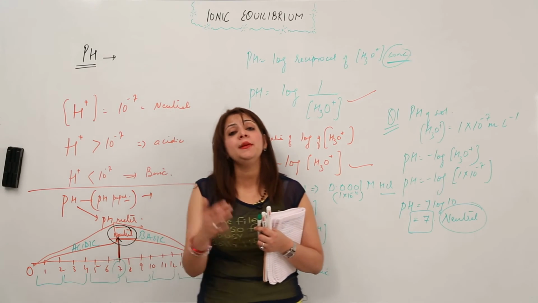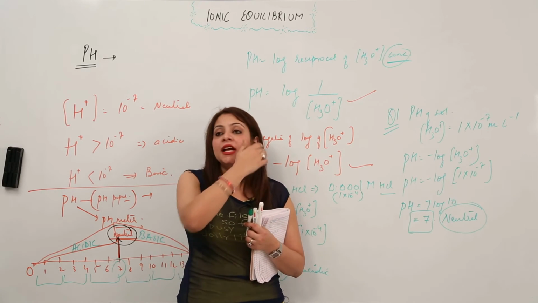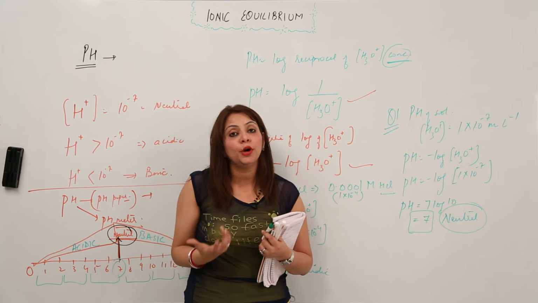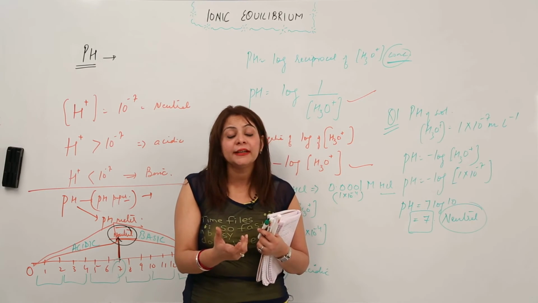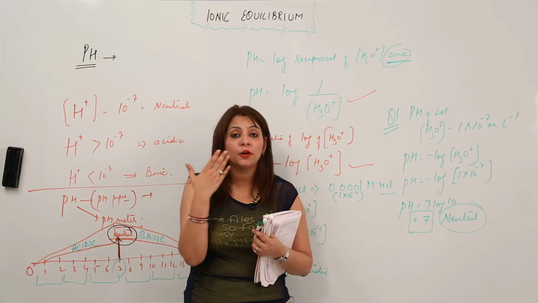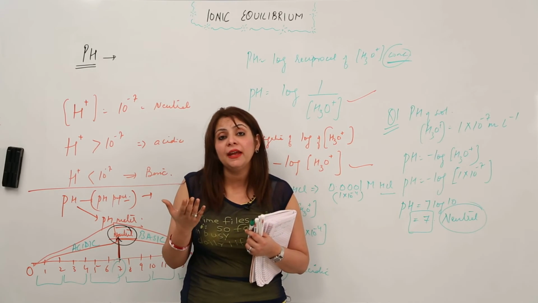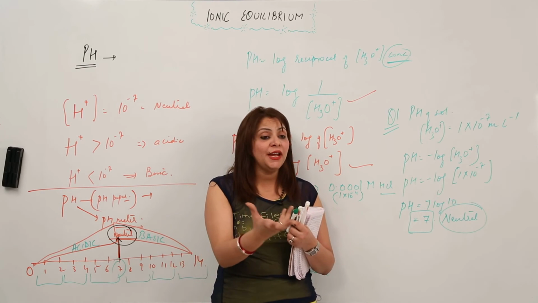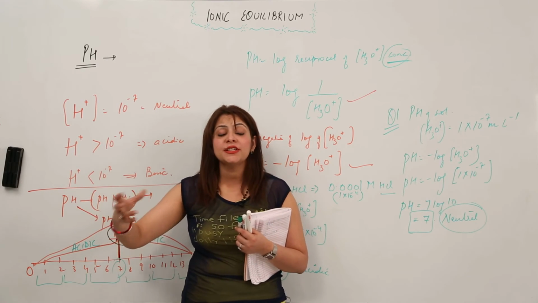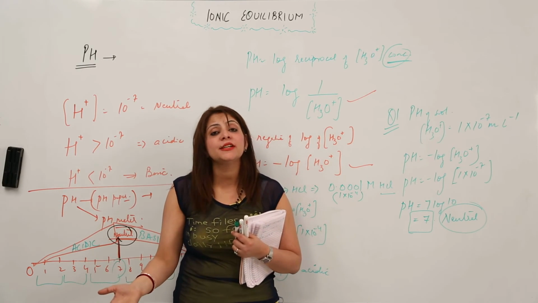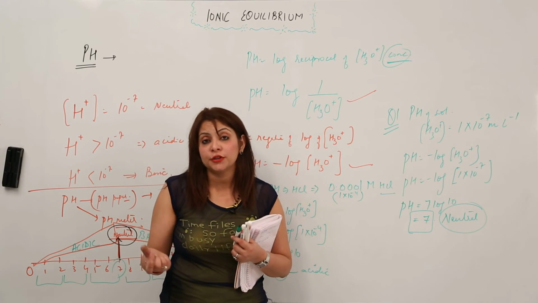pH actually plays a very important role in almost every field, right? For example, there is a certain pH at which our body works, and the chemical reactions occurring in the body occur at a definite pH. Similarly, we have a specific pH for the mouth also. Otherwise, if the pH gets disturbed, our teeth start decaying, right? Similarly, we have a definite pH for growing plants in soil. There are a few soils which are sensitive to acidic fertilizer or sensitive to basic fertilizer. That means in agriculture, the pH of soil serves an important value.